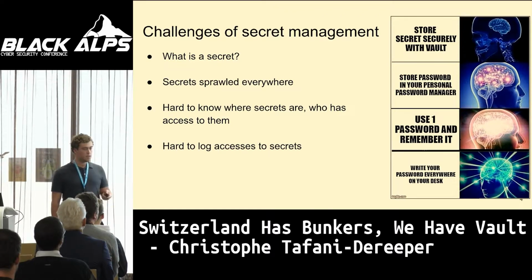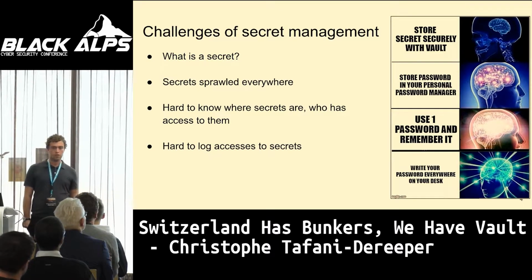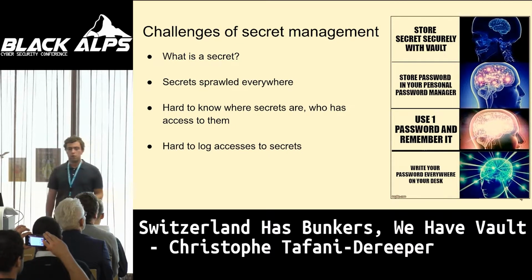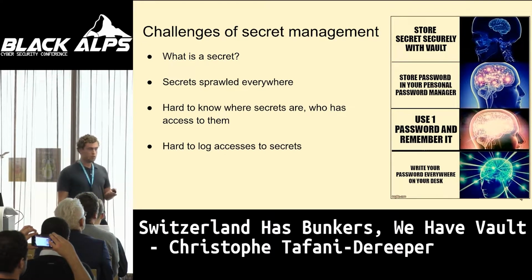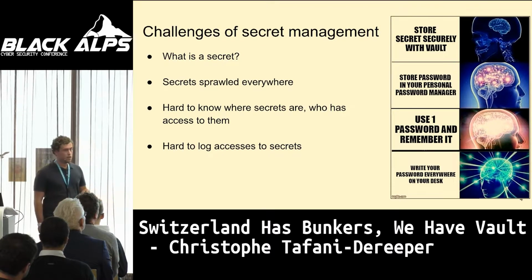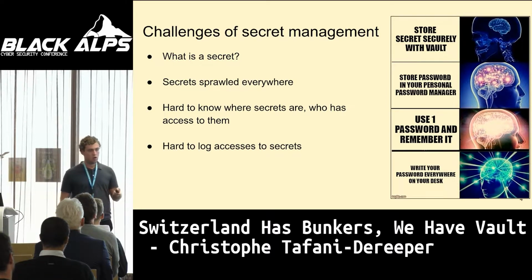So the typical situation is that we have some kind of secrets in our infrastructure, and they are in different locations: in configuration files on machines, on engineers' laptops, in a lot of different places. So it's typically hard to know where the secrets are. It's also often hard to know who has access to them and in which way, with which restrictions. So it's hard to map your organizational policies to your technical implementation of how, and by whom, the secrets can be accessed.